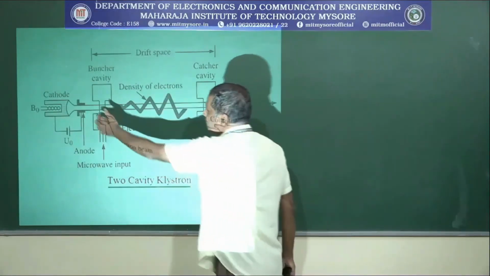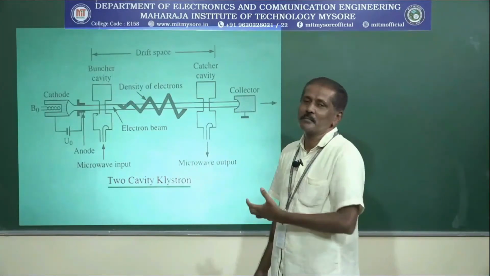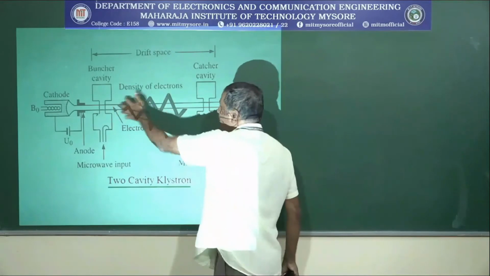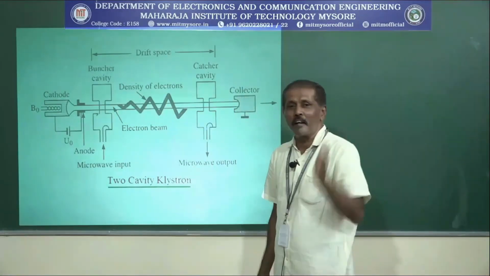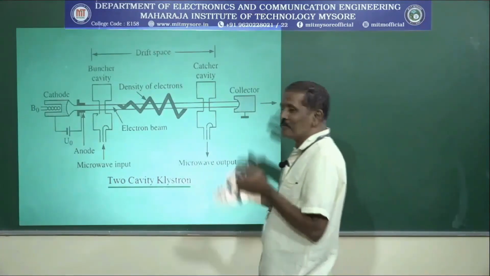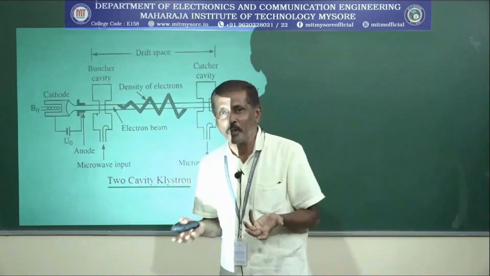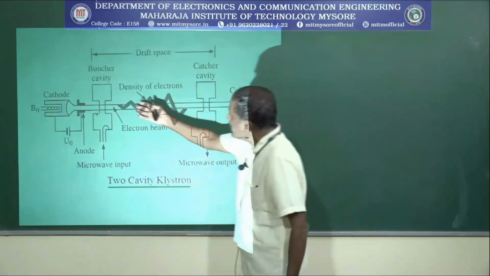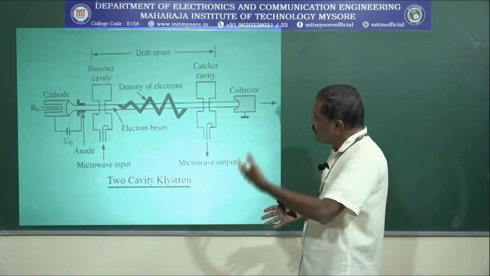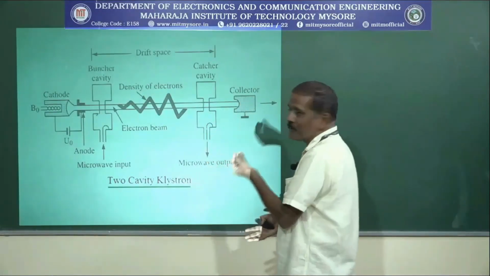Now, here what is happening is that when the electrons are emitted from this one, the density of the electrons goes on increasing. The density of the electrons increases as the bunching of the electrons increases. As the density increases, the number of electrons flowing per second goes on increasing. What is current? The flow of electrons. Okay. When fewer electrons are flowing, less current will be there. When more electrons are flowing, more current is there. Here, as the density of the electrons is increasing, automatically the number of electrons flowing per second is increasing, automatically the signal strength is increasing, and automatically we are getting the amplification.